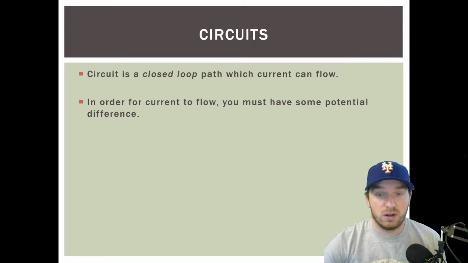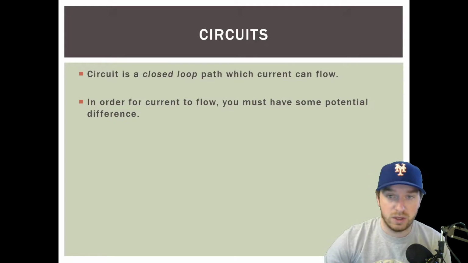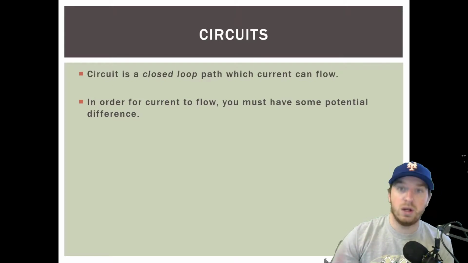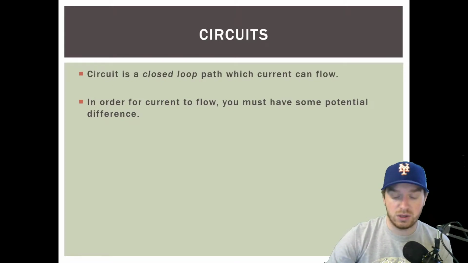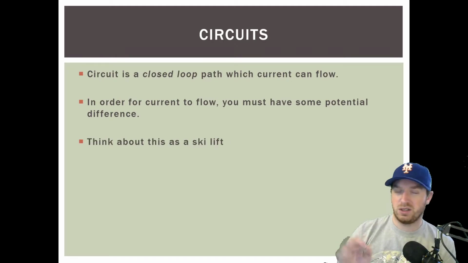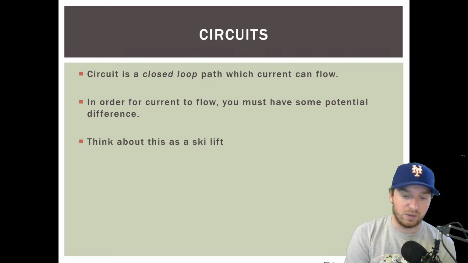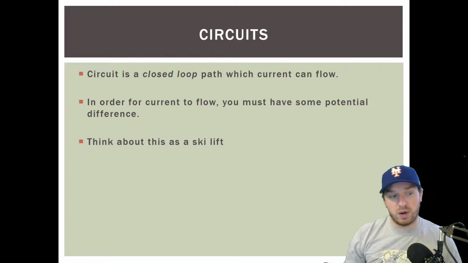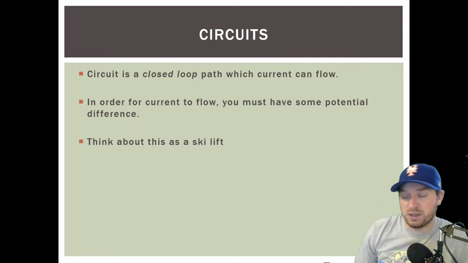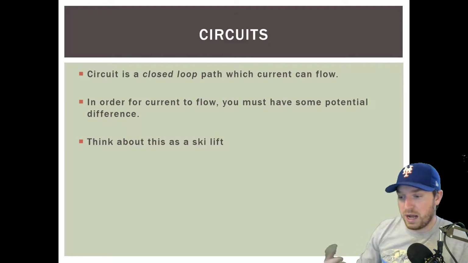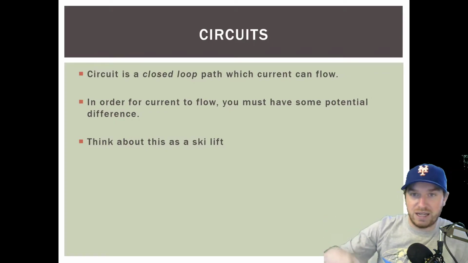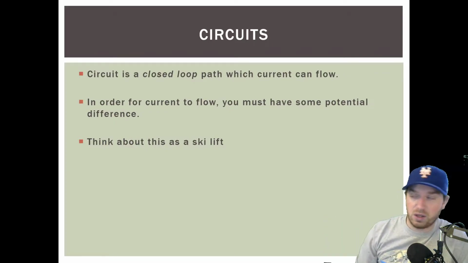In order for current to flow, you have to have some potential difference, right? Some voltage. You have to be pushing electrons from one area to another in order to get them to actually go around the circuit. And we talked about this just the slightest bit, but it's like a ski lift where the electrical potential difference can be equated to gravitational potential difference, where as you go up in a ski lift, you're gaining potential energy, and then you're going to have to get down that ski lift or down that slope